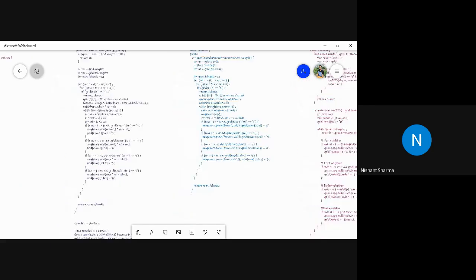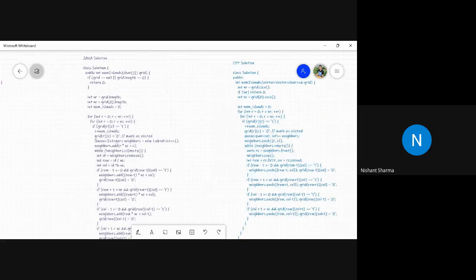So let me explain through the code. Okay. So this is the base condition. This is again the same number of rows and number of columns, and islands. Then this is the normal for loop where we basically start traversing the matrix. Once we find any one, we increment the number of islands, and then the logic of our BFS starts. Okay. So once we find a 1 at the row comma column, we mark it as visited, or we basically update the row and column.